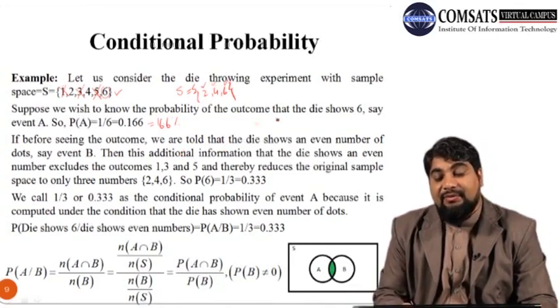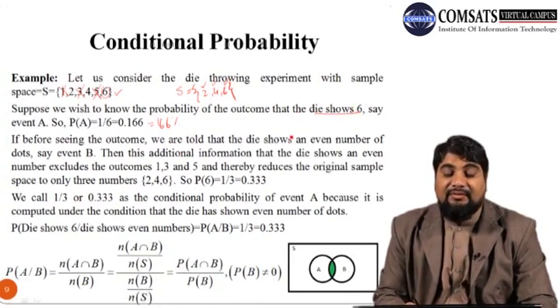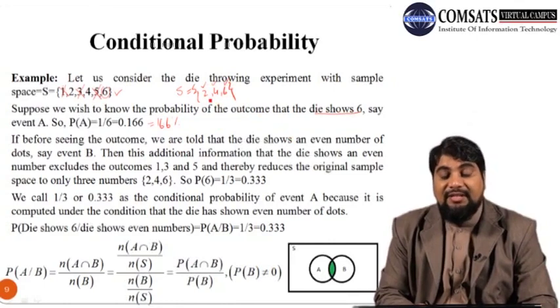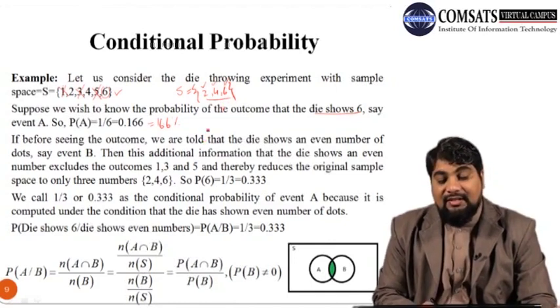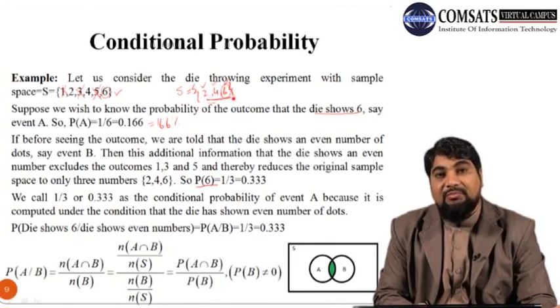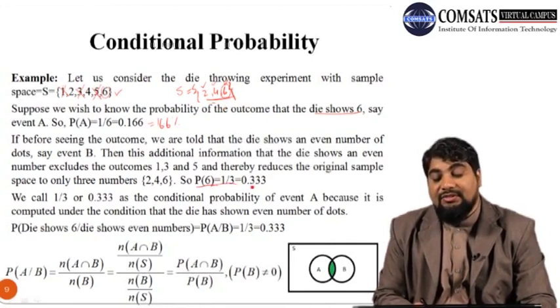Now the question is, find the probability of getting a 6. Since we have this additional information in hand, our sample space is reduced. So in this case, the probability of 6: you can see that 6 occurs once, and the total number of sample points now is 3. So the probability of 6 is 1 out of 3, which is 0.333, or